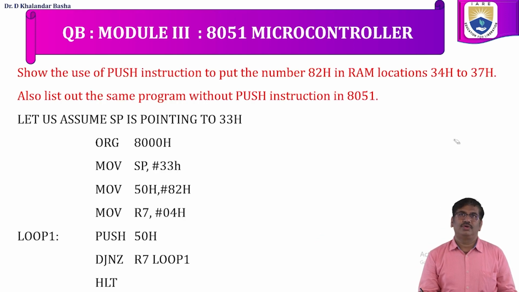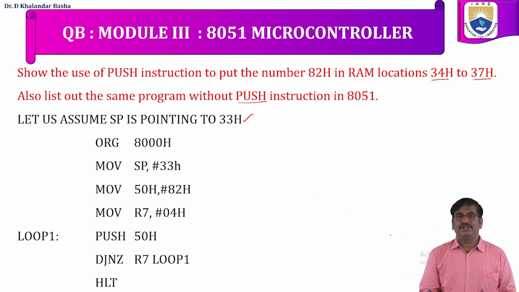Show the use of the PUSH instruction to put the number 82H in RAM locations from 34H to 37H. Also list out the same program without using the PUSH instruction. So here we will write the program by copying the data using the PUSH instruction and without the PUSH instruction. We will assume the stack pointer is addressing the memory location 33H,